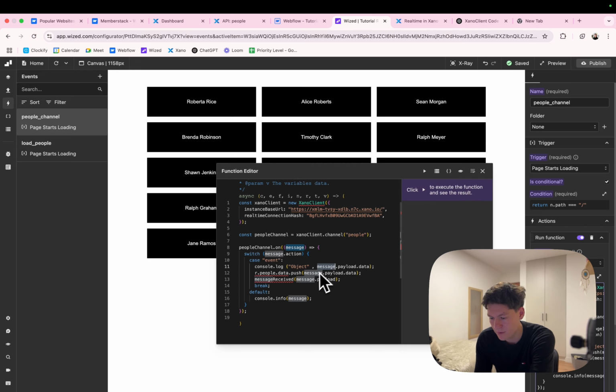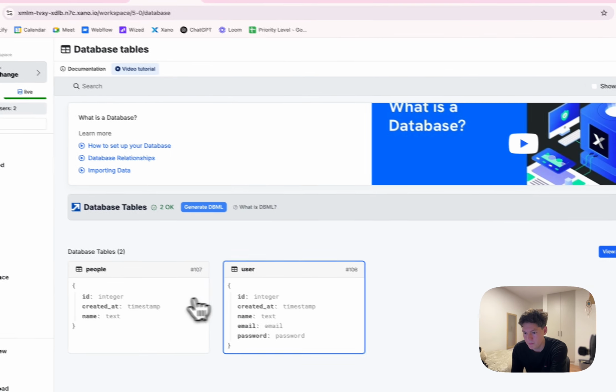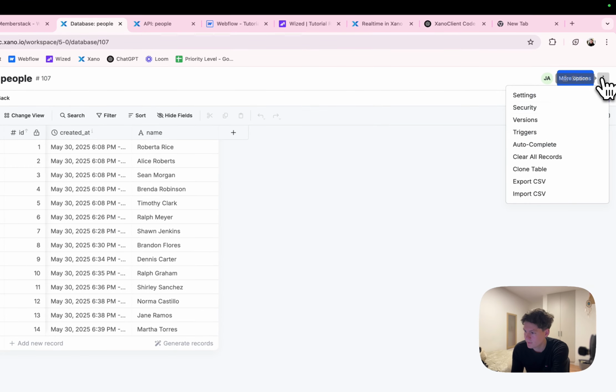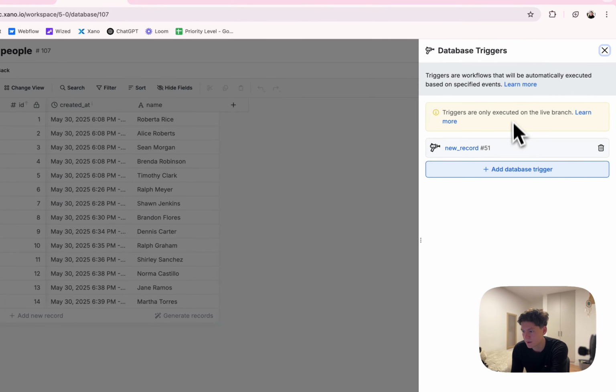So before I continue on the front-end setup, I want to show you the backend setup. In our table where we have the people, if I go to my settings right here, you can see that we have triggers. This is part of the real-time functionality that Xano created for the users. If I go to triggers,